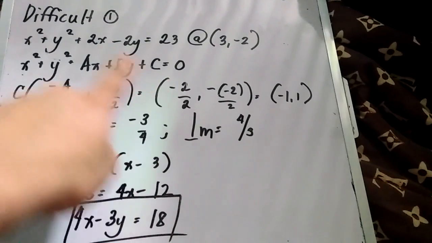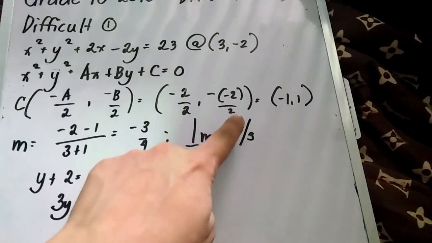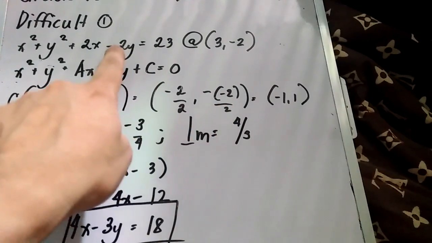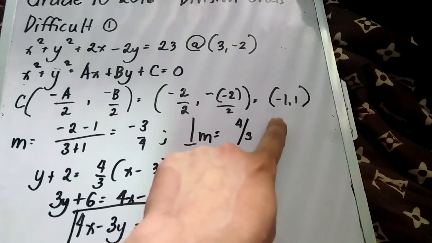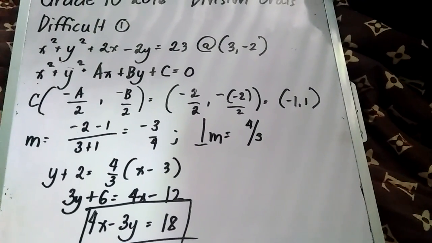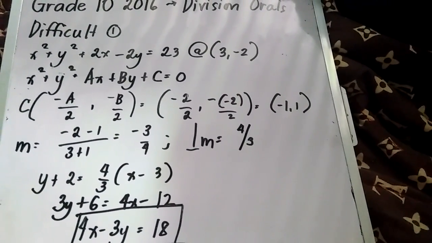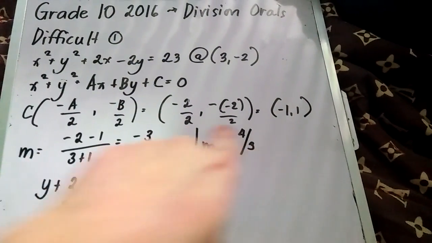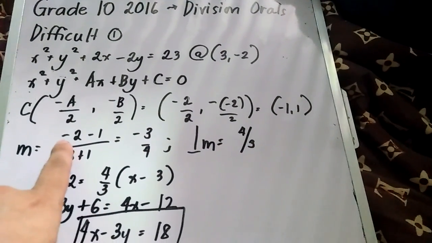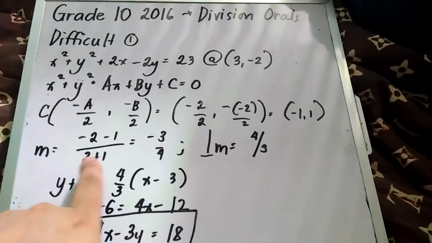So the coefficient of x is 2, that is negative 2 over 2, comma, negative of negative 2 over 2, because the coefficient of y is negative 2. Therefore, the center is at (-1, 1). After obtaining the center of the circle, what we need to get is the slope of the point through the center. That is change in y over change in x, (-2 minus 1) over (3 plus 1),